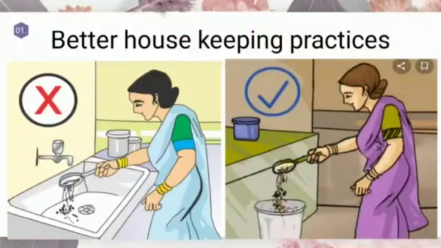See, here also some best housekeeping practices, some pictures are there. One of the ways to minimize or eliminate wastewater pollutants at your house. First, cooking oil. As I told you, cooking oil and fats should not be thrown down the drains. When you work in the kitchen, there are some cooking oils or fats, and they should not be thrown down the drain. Why? Because they can harden and block the pipes.